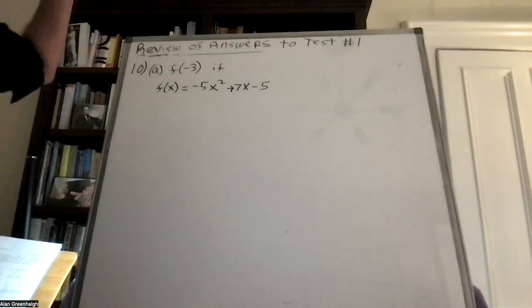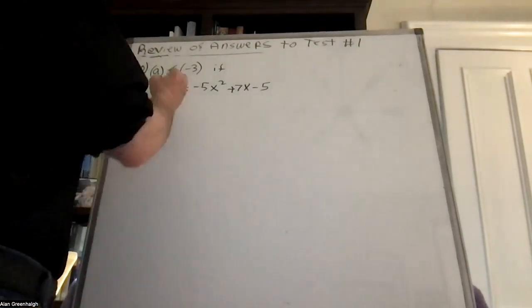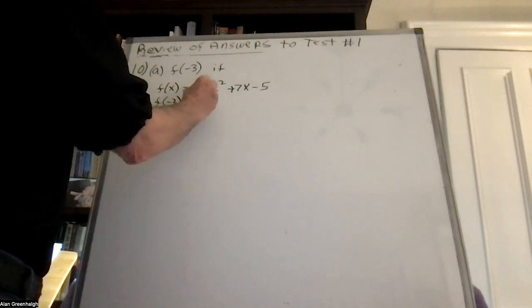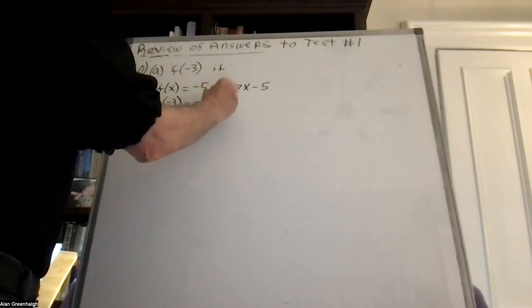All you need to do in this problem is find f of negative 3, which means wherever you see an x, you substitute a negative 3